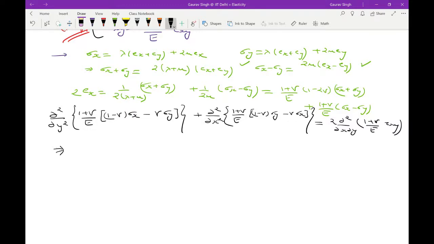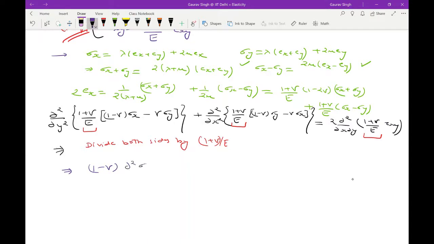So (1 plus nu)/E is common everywhere, and since this quantity is not equal to 0, we can divide both sides by (1 plus nu)/E. Okay, so that would imply that 1 minus nu